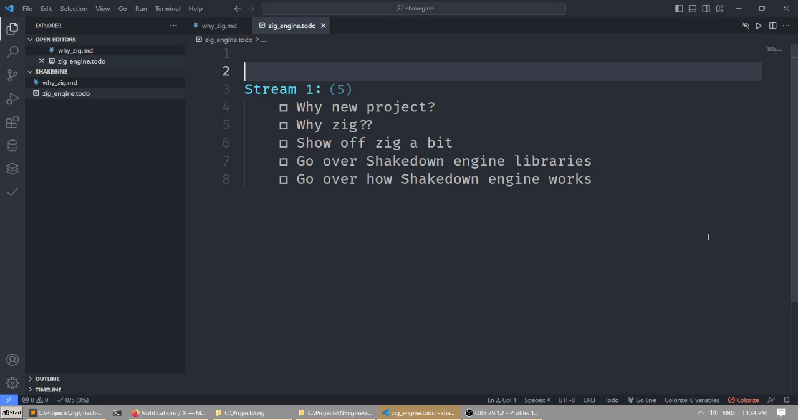Welcome to VS Code, set up to run Zig. So what is going on? Why is this a new project? Well, I've been eyeing Zig for a while. I've been following how it's being developed,